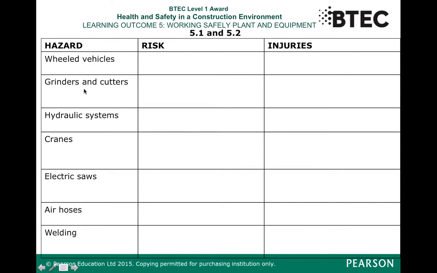We've got wheeled vehicles, grinders and cutters, which I've just talked about, hydraulic systems, cranes, electric saws, air hoses, and welding. Now, the next thing we're going to do is look at the risk and the possible injuries